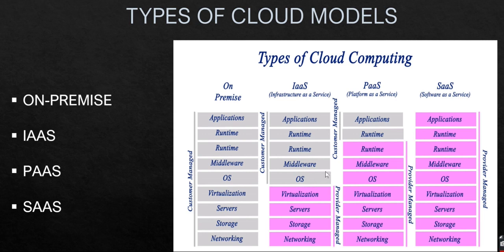Now, talking about IaaS, which is infrastructure as a service, 50% is taken care of by the cloud and 50% by the customer. The services taken care of by the cloud are virtualization, servers, storage and networking, and the rest, such as operating system, middleware, and the application